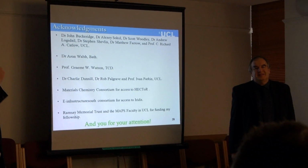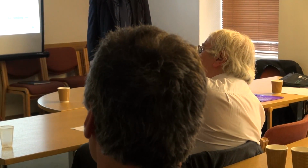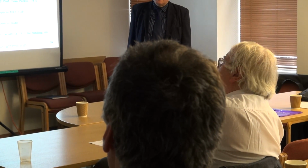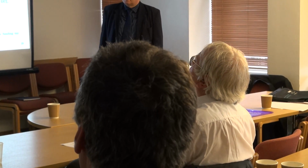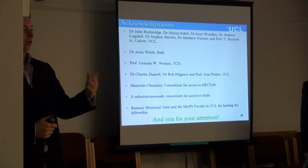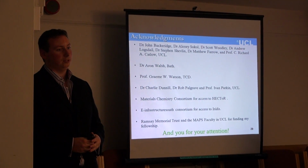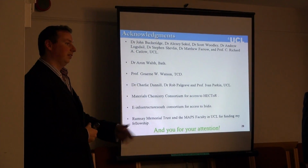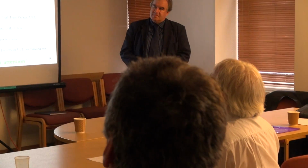When you do a plot for these quaternaries, is it possible to get an absolutely definitive list of all the other compounds you must check it against? I'm just thinking how easy it is to perhaps miss a possible competitive phase. This is the problem. You have to hope that in a structured database there are all of the limiting phases. And if some don't exist, you're in trouble. And you're probably talking about trying to do crystal structure prediction yourself to find the limits for the material you're trying to do crystal structure prediction on. That is a problem, but you could do it if you had